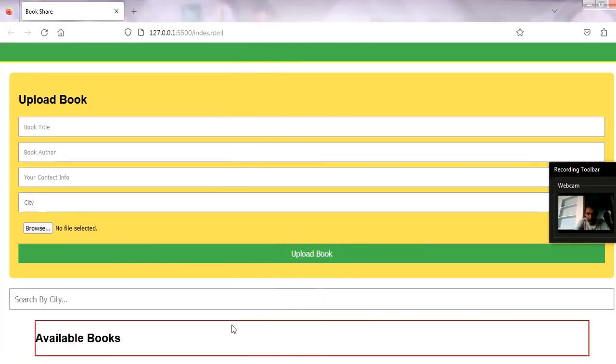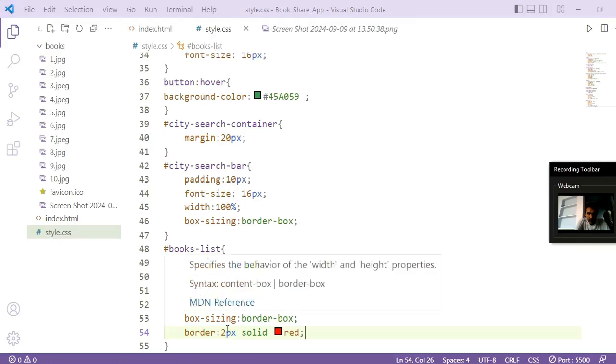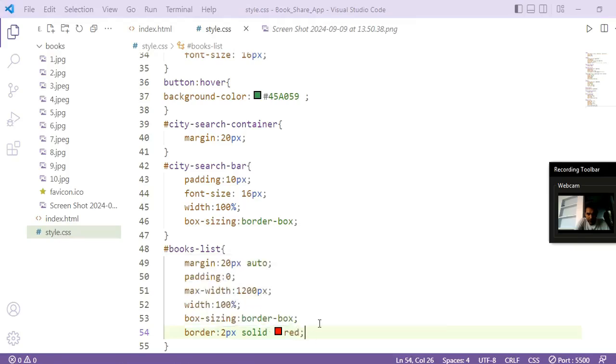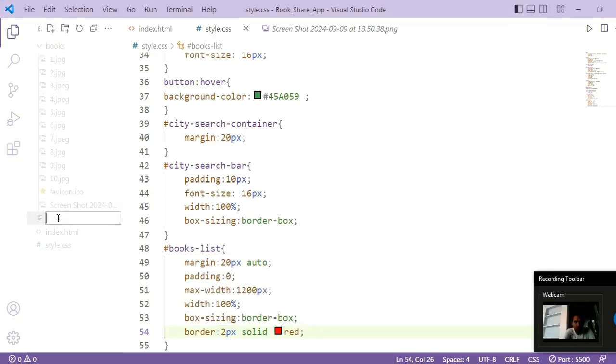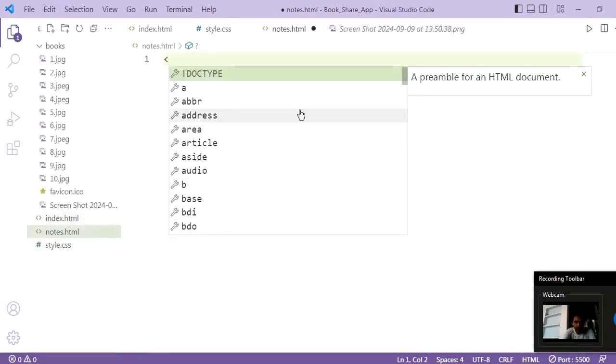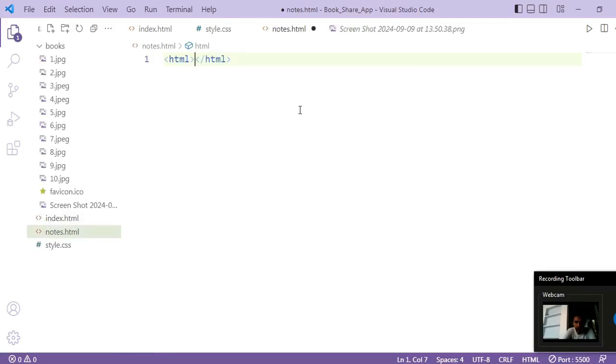Then next is box sizing, which is border box. So why we use box sizing CSS, all right, so let us see what box sizing is, okay. So I am going to create one HTML file, notes.html, okay, and here I am writing a simple HTML file.